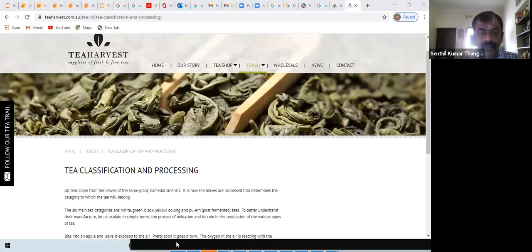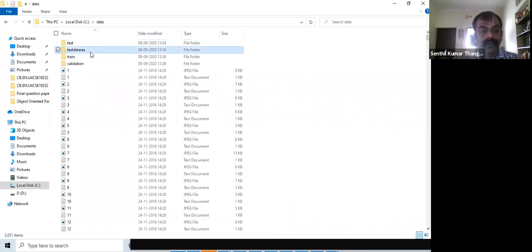So we will show you some sample data that we started doing, right? Now when you want to take it as a problem with deep learning, you need to say that the data sets will be categorized into three categories. One for training, one for validation, one for testing. So training, validation, and third is testing.